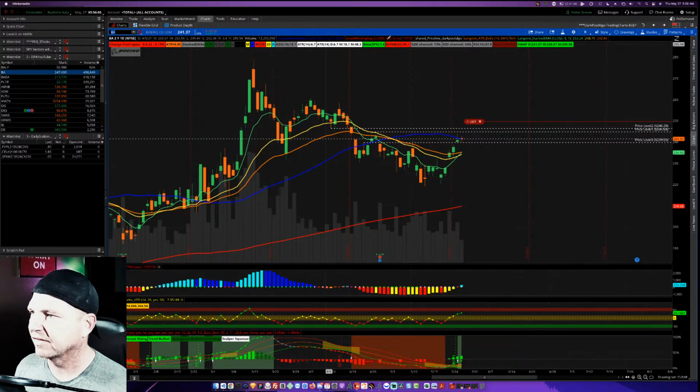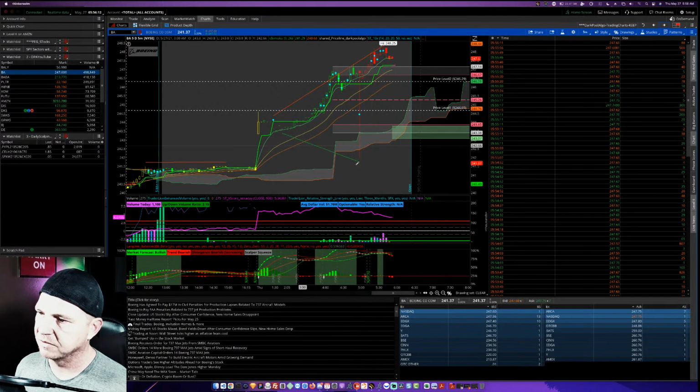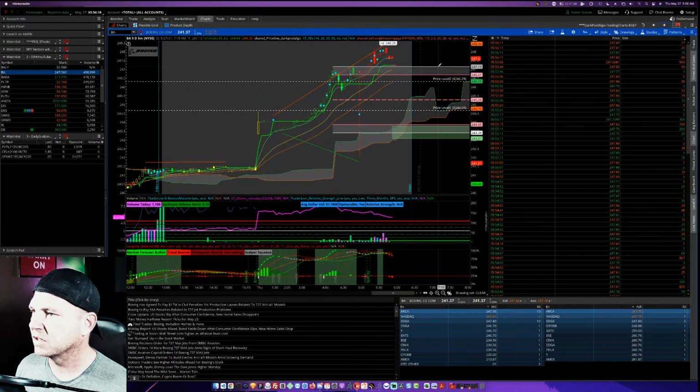What a $6 ATR. I'm excited about Boeing. Whoever turned me on to Boeing, I'm really thankful for them. We've got nice bullish divergence coming up on the MACD. We broke above the 15-minute Keltner channel top. If we can maintain that 247 position, look for this thing to run to...